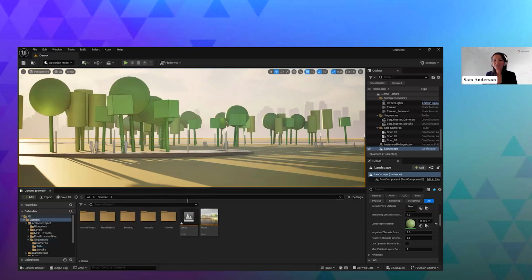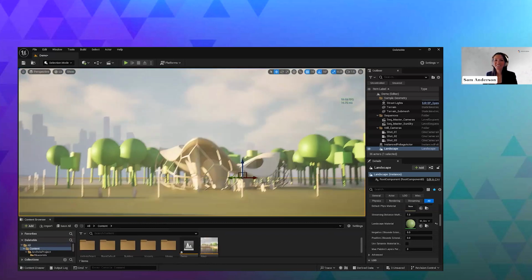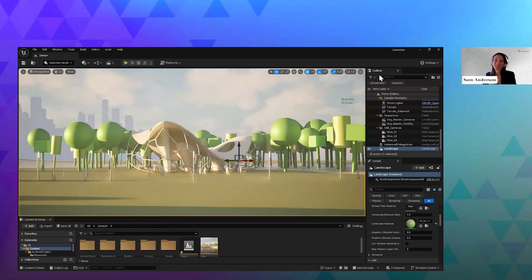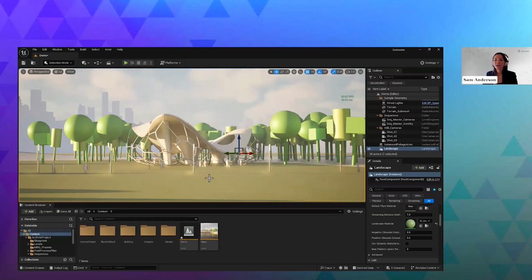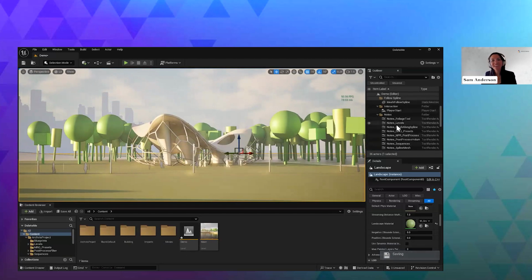But with this, we have our landscape in. We have taken a look at how some of the elements work inside of the outliner and in the viewport. And so I know we're running out of time, so I want to go ahead and just open this up to questions. As I mentioned, we didn't get too far here, and I think the main part of my goal here was just to talk a little bit about some of the very basic stuff and just really feel free to explore Unreal Engine and, perhaps not trying to dive in too much to build something up immediately, but just taking some time to explore and view how some of these templates are made so that you can